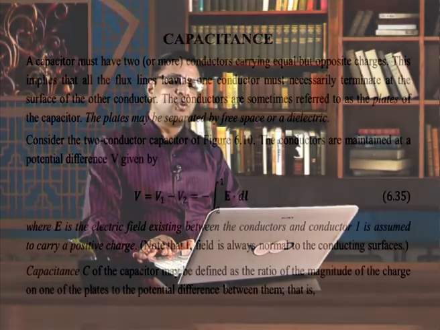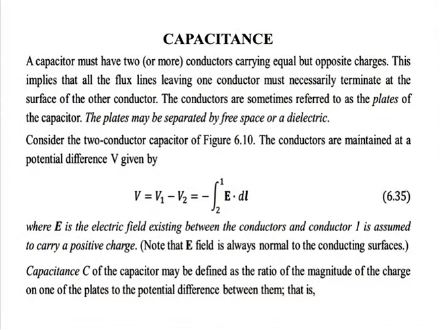Next, we come to the capacitance. A capacitor must have two conductors carrying equal but opposite charges. This implies that all the flux lines leaving one conductor must necessarily terminate at the surface of the other conductor. The conductors are referred to as the plates of the capacitor, and the plates are separated by free space or a dielectric. Now, when we consider a two conductor capacitor maintained at a potential difference V given by V is equal to V1 minus V2 is equal to integral of E dot dl from 2 to 1,